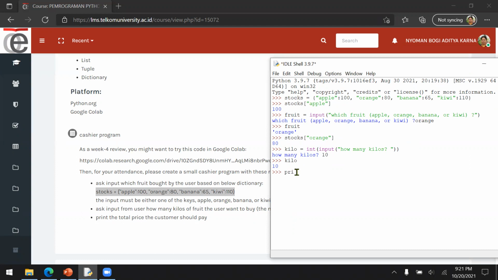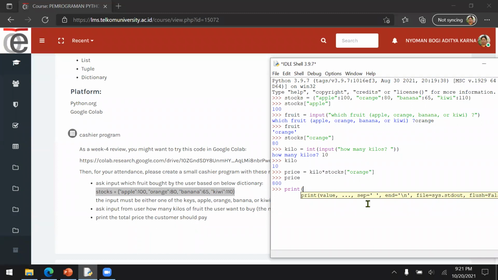So, price will be kilo times stocks orange, like this. So the price will be 800. Okay, but because the assignment said to print out the total price, I'm going to use something like this.